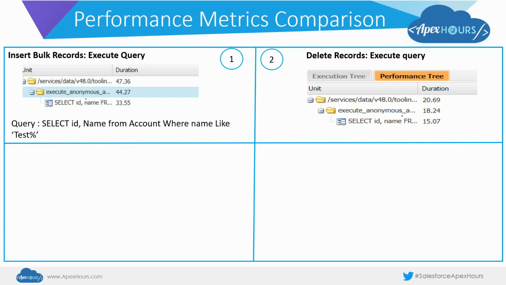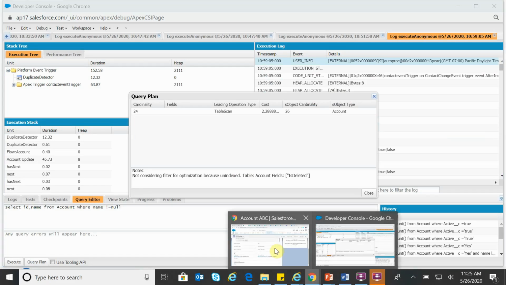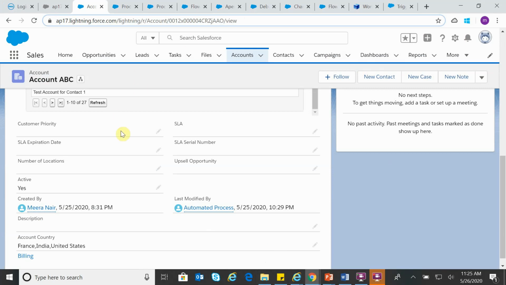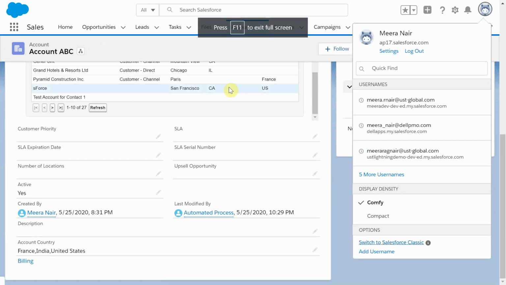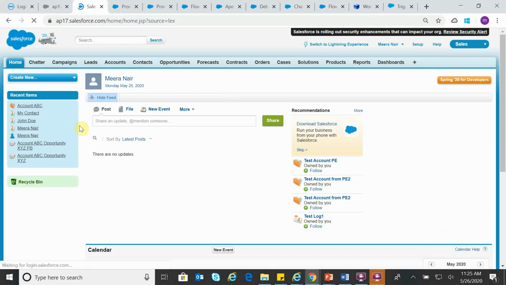To remove the records from the recycle bin and execute the query again, you have got two options. One is to go to the recycle bin and manually delete those records, something like this. Definitely it is not available in Lightning mode, so let us switch to Classic mode so that we can access the recycle bin.